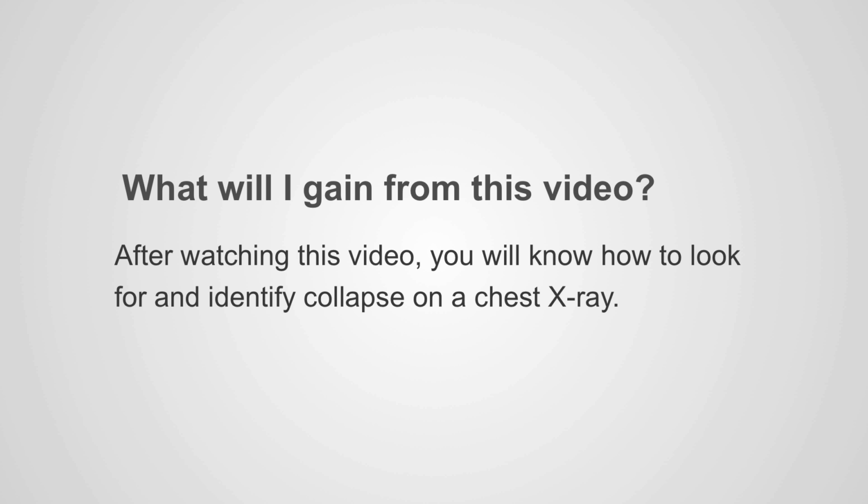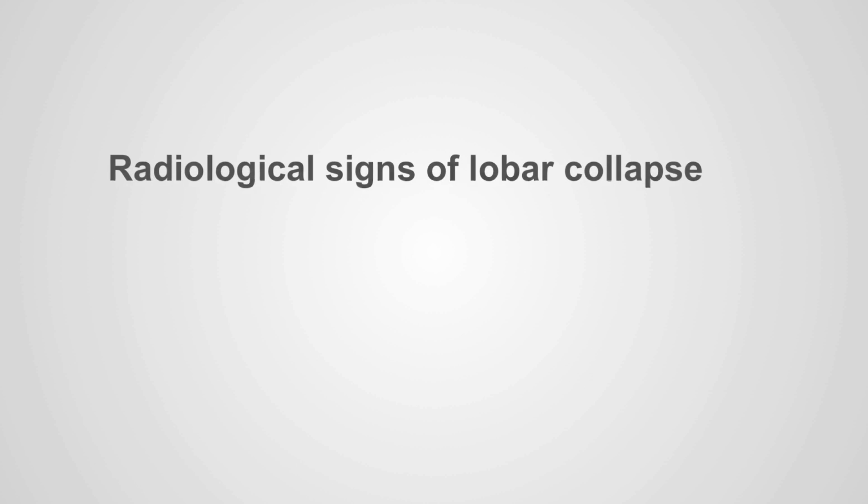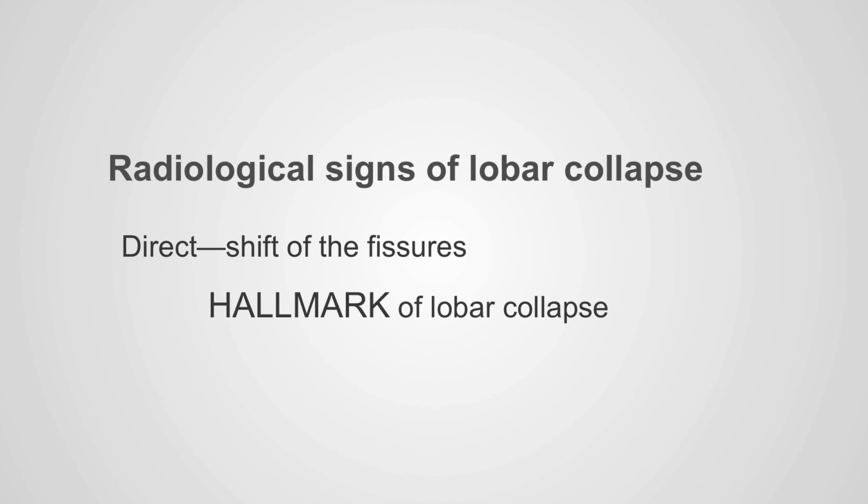What will I gain from this video? After watching this video, you'll know how to look for and identify collapse on a chest x-ray. The radiological signs of lobar collapse can be classified as direct or indirect. The only direct sign of collapse of the lobes is shift of the fissures, and this is the real hallmark